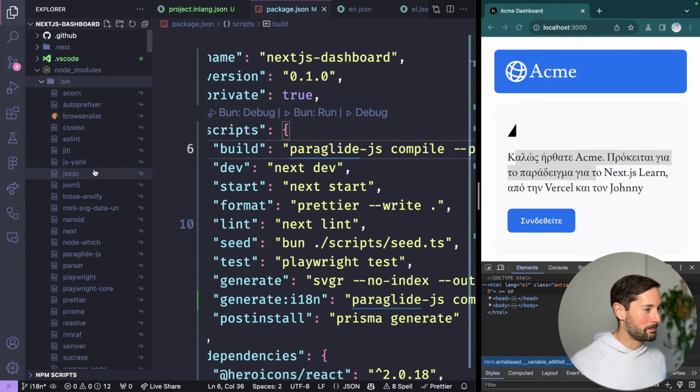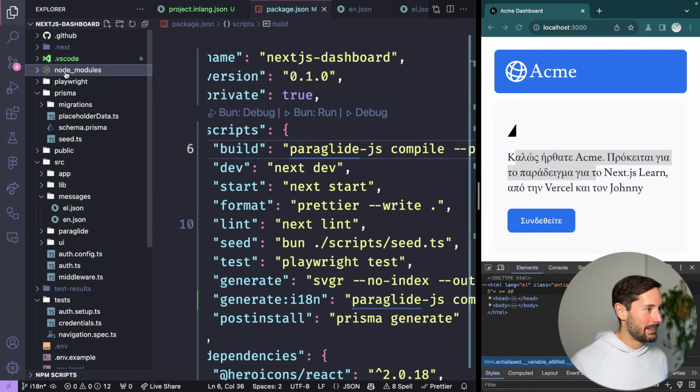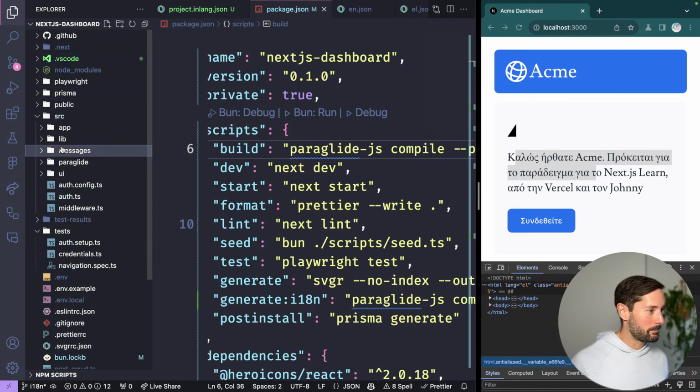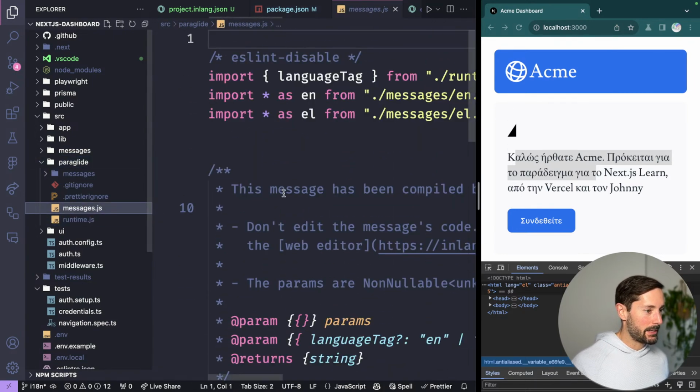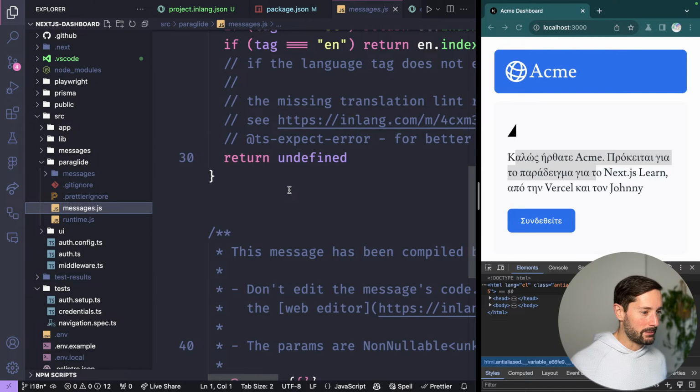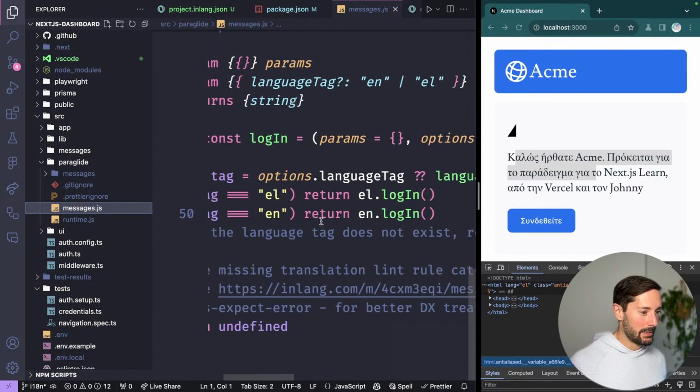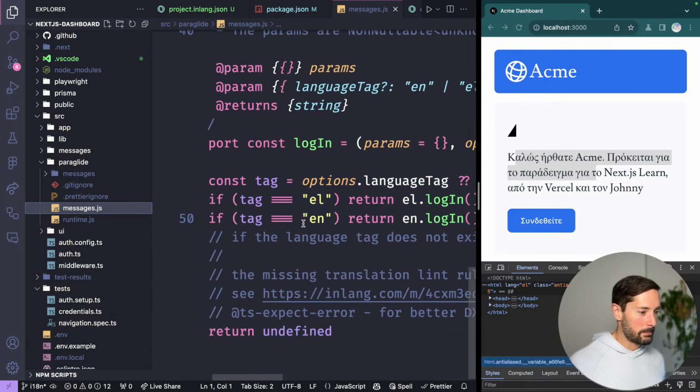I was looking at the other one. Did it do the same thing? Paraglide folder, runtime looks the same. And the messages one, I saw like too many. I was like, well, what's happened here? And indeed,